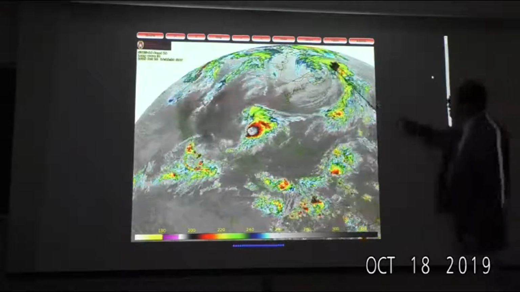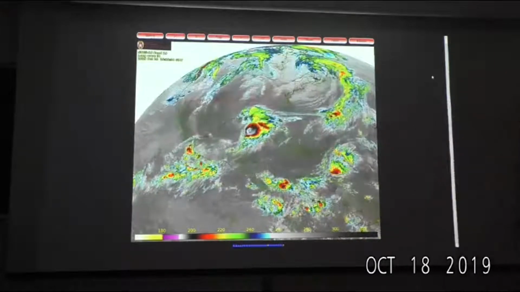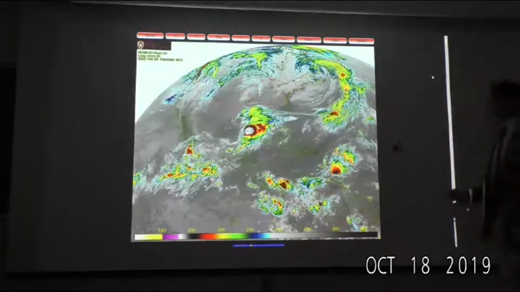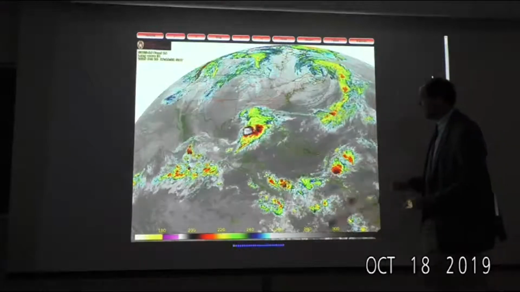But this was a really good one and developed extremely rapidly right along the coast, and we can say a few things about that maybe by looking at some of the charts as they stand today. And then we've got